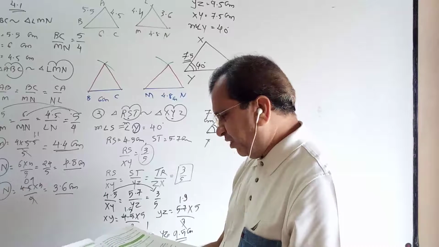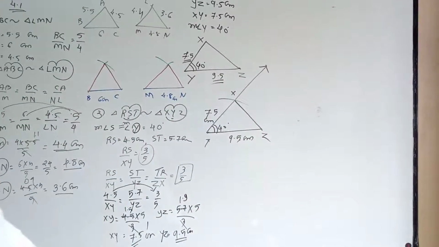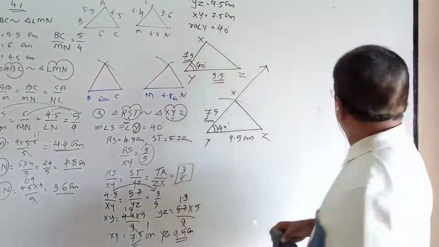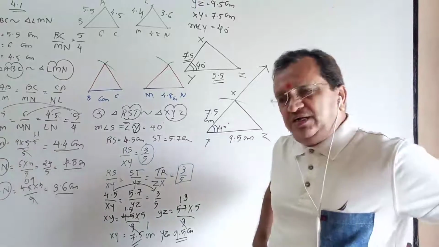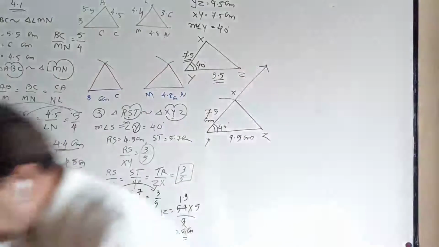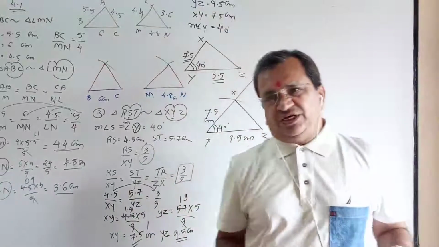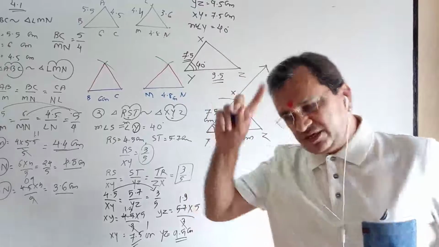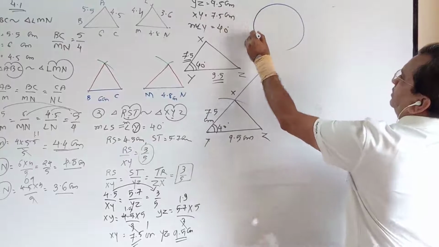Now a very important point. To construct a tangent, one using the center and one without using the center. I think it is clear now, okay? So to draw a tangent to the circle from a point, the point which is on the circle. For example, 3 centimeter radius is given.